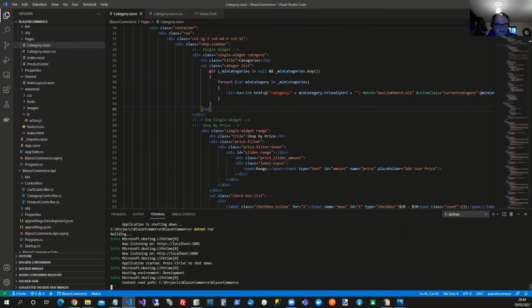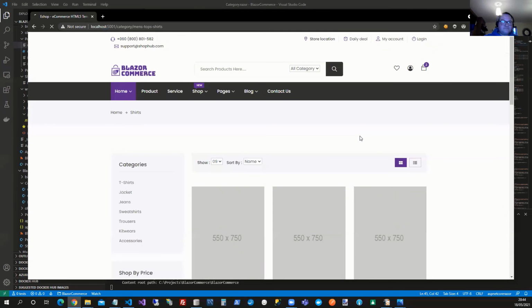Okay, it's running. So let's just refresh this page. There we go. You can see that the selected item is quite clearly visible. And also as I click around, it's almost instant loading up as well. Okay, so let's have a look at